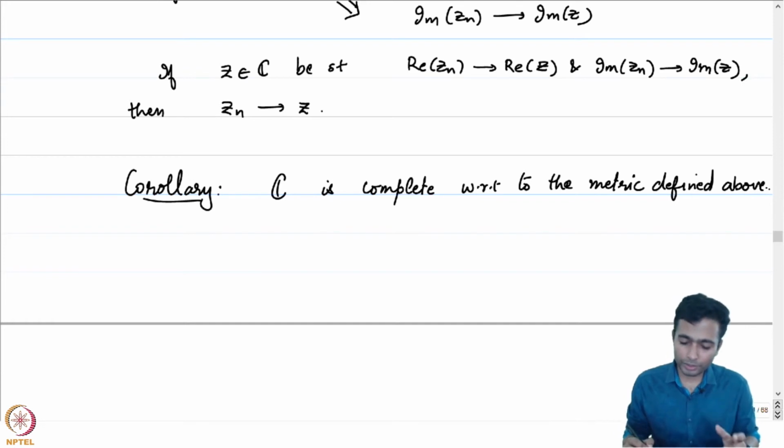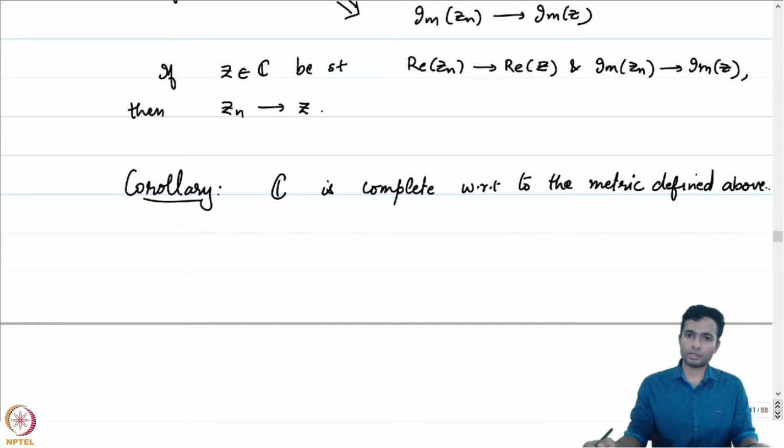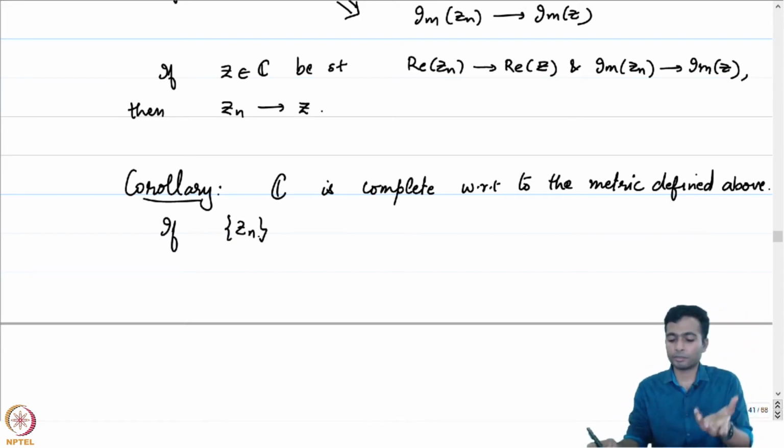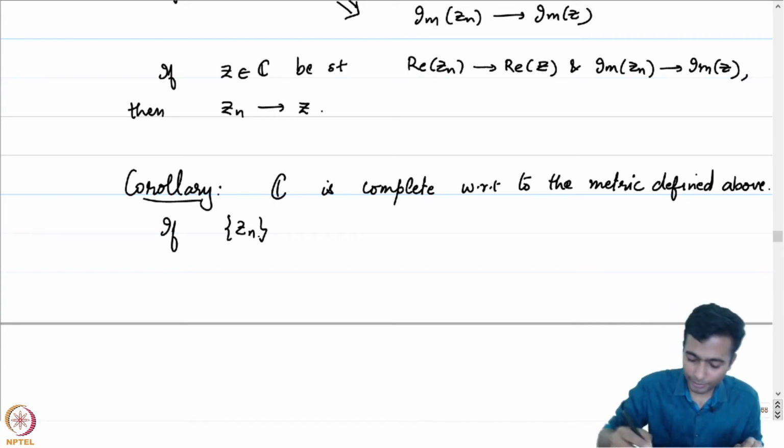We have to crucially use the fact that R is complete. So what does it mean to say that a metric space is complete? It means that if you take any Cauchy sequence, then we have a limit, and that's precisely what we will be doing. If Zn is a Cauchy sequence,